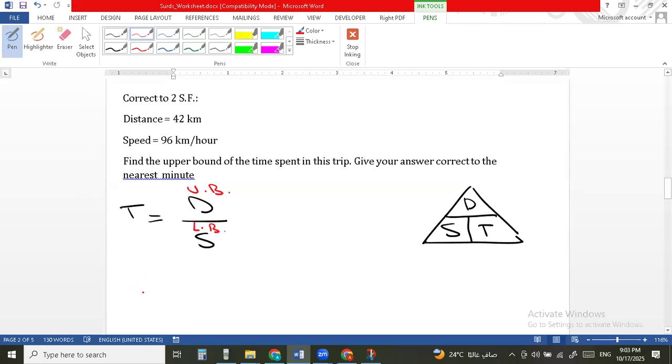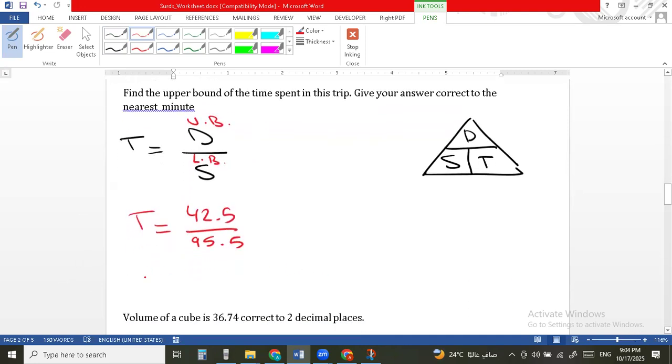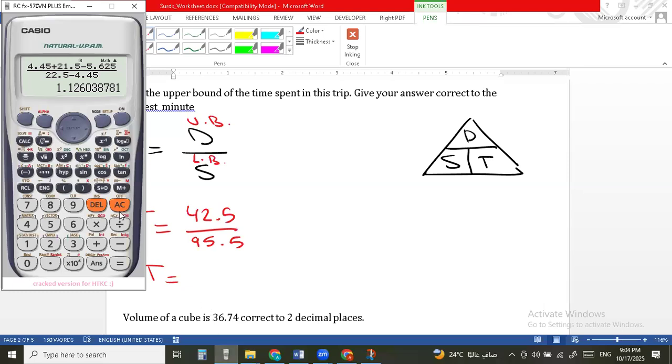Let's start. T equals. Here, the upper bound of the distance of 42 is going to be 42.5 over the lower bound of the speed, which is going to be 95.5. Let's do this on the calculator. T equals, here is the calculator, 42.5 over 95.5 equals